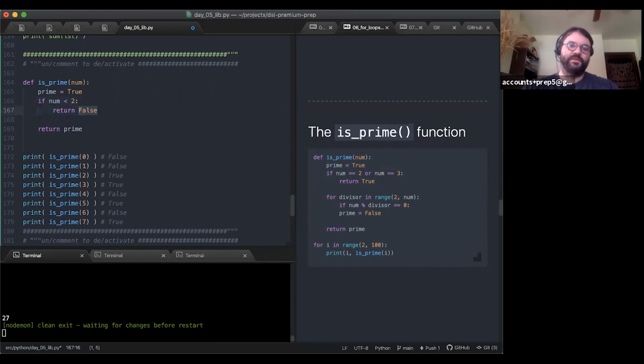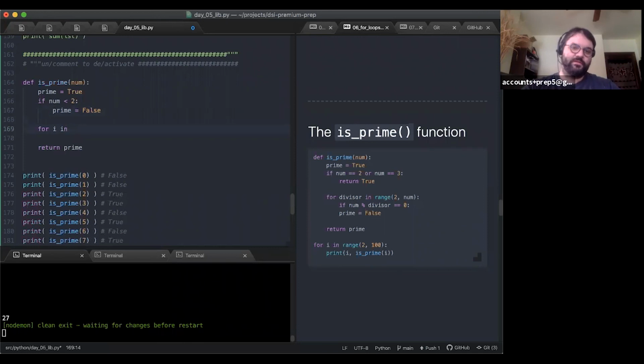Oops, excuse me. I'm doing it the way that I like to do it. I have to remember prime equals false. I'm doing the Boolean accumulator way. So prime equals false instead of return. And then we can say for i in range 2 to num. There's a way to optimize this range, but I don't want to get into the optimizations and complexities of that. This will work, though, if you're wondering.